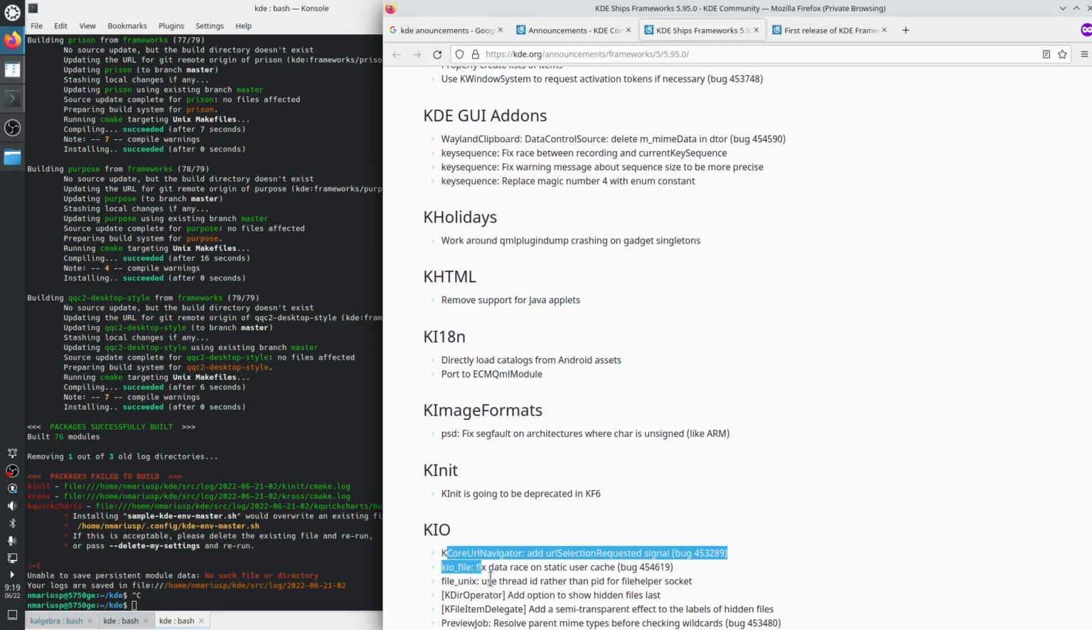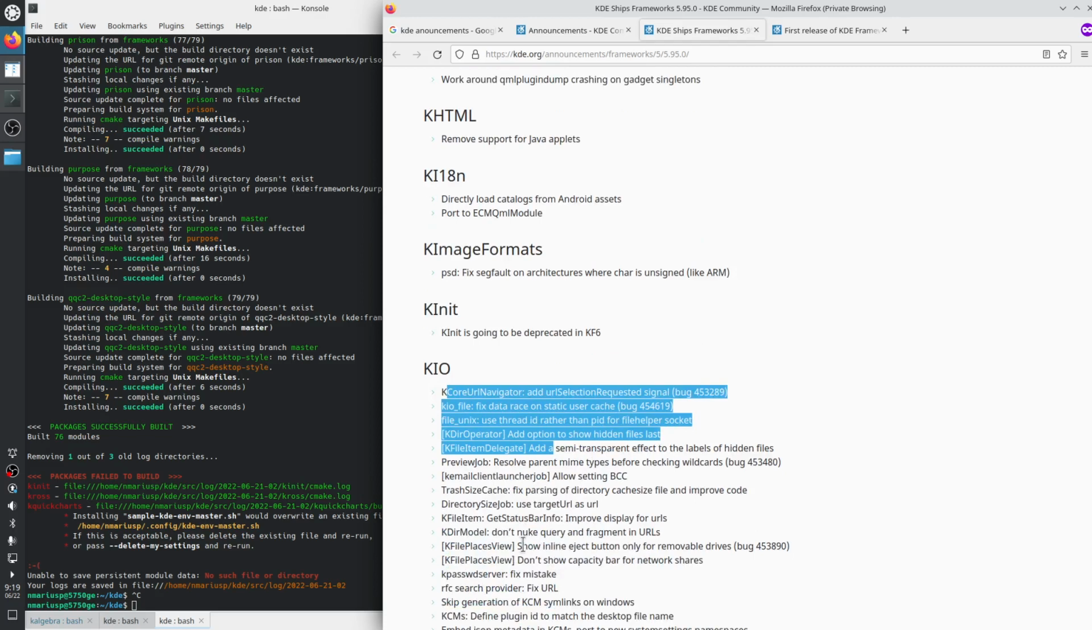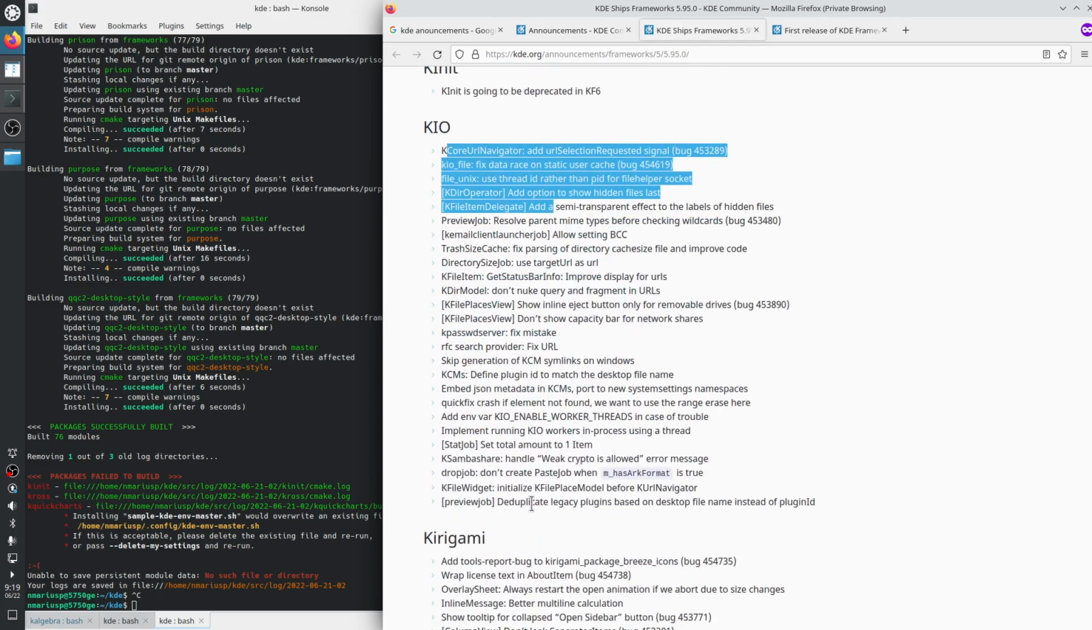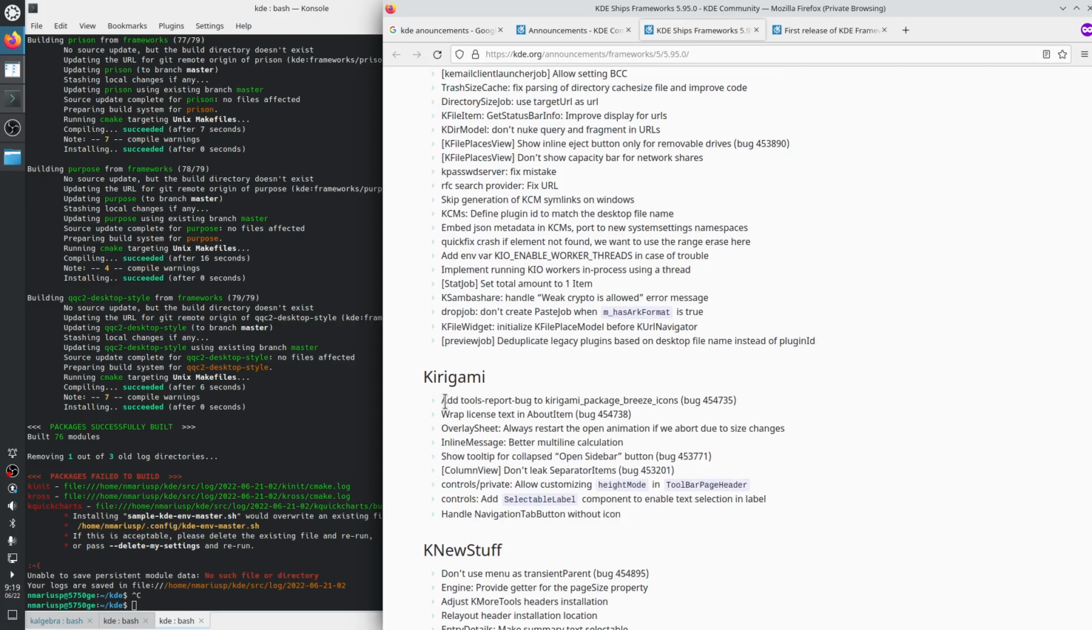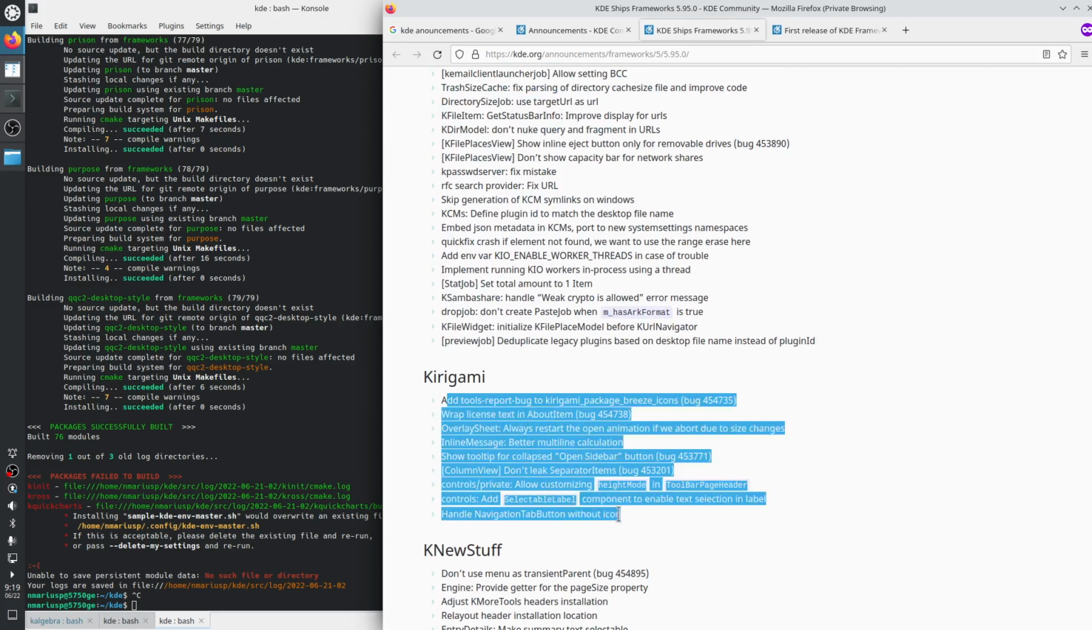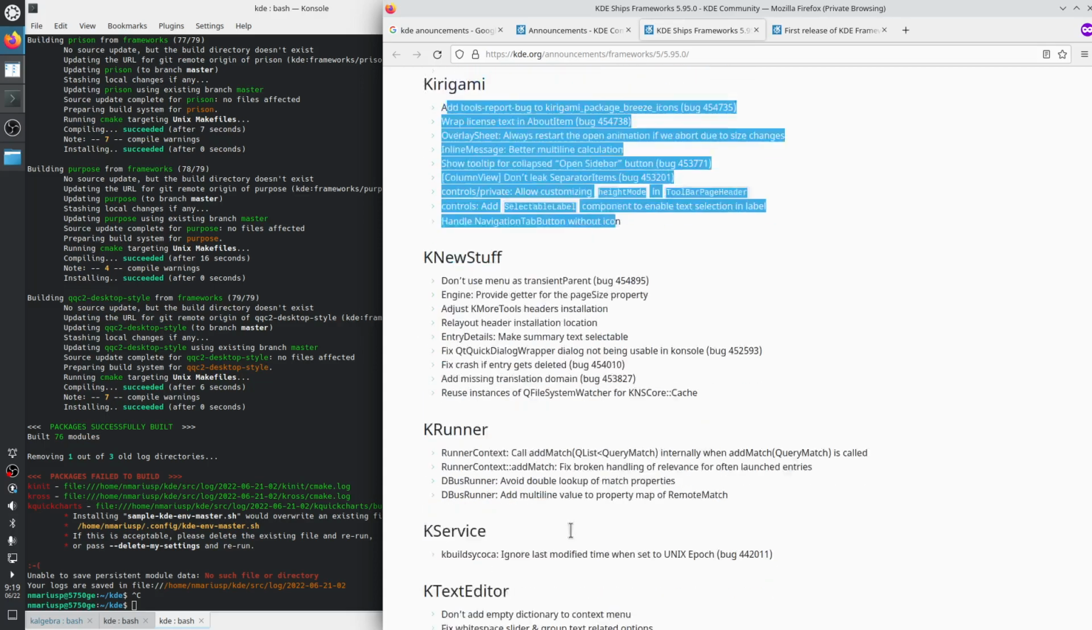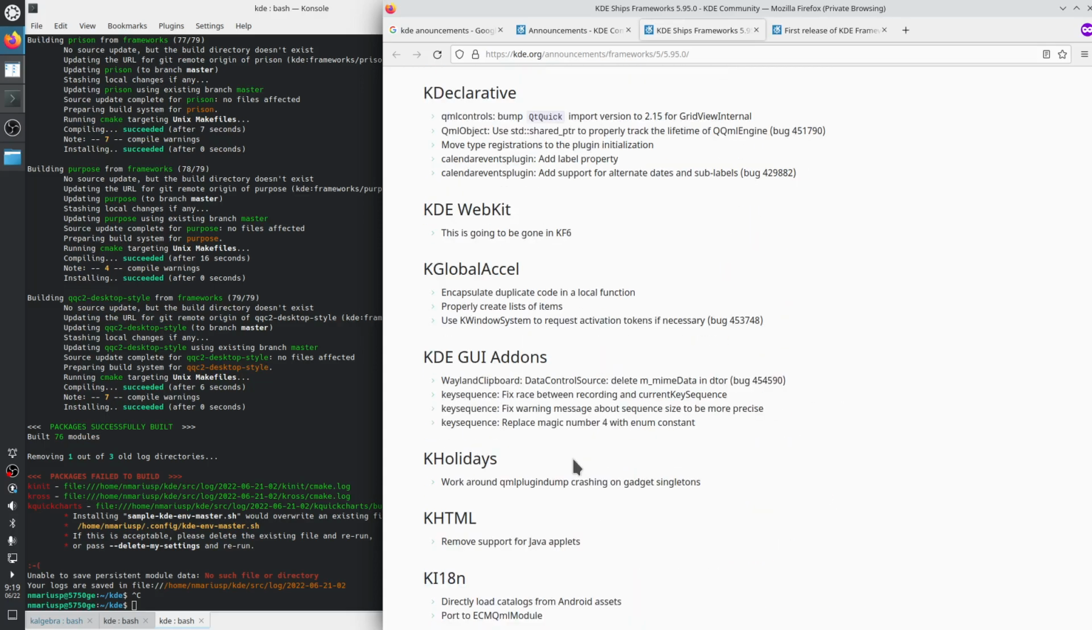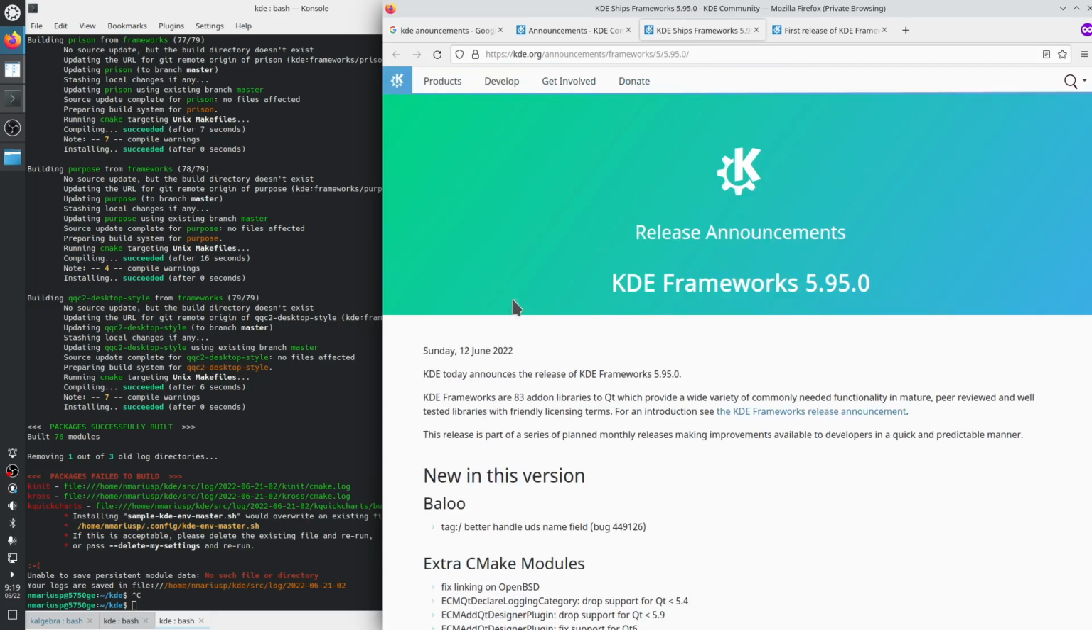Internationalization, KIO, Kirigami, a framework for creating applications written in Qt Quick using Qt Quick controls version 2, which work similarly on Android and on the KDE desktop, etc. Let's see how these frameworks are